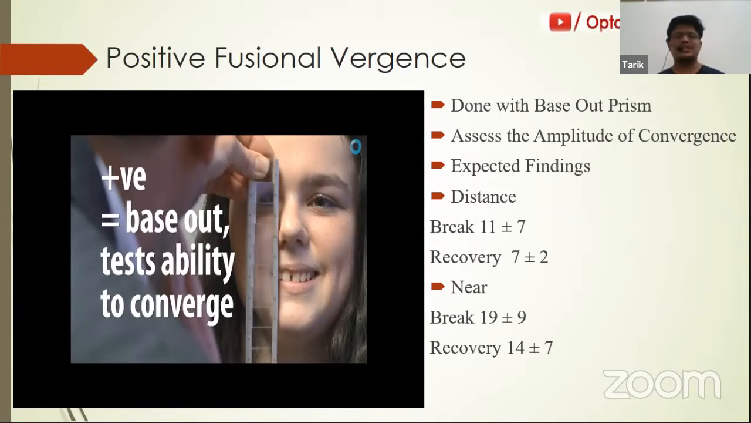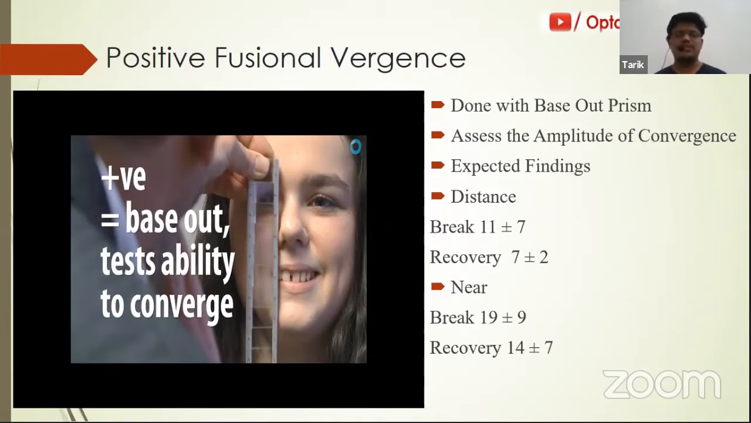Also, there is what we say an equilibrium between your positive and negative fusional vergence. Whenever your positive fusional vergence decreases, automatically the divergence muscle will start overacting, and because of that you will get a higher value of your NFV. So always take into account both the values and see if one is reducing, is the other also increasing,